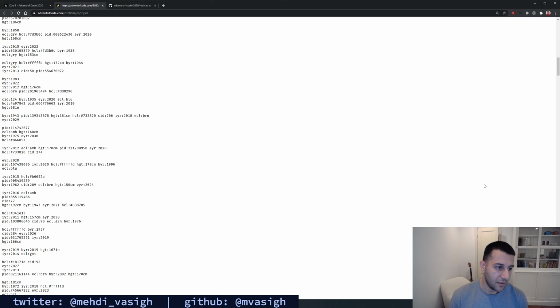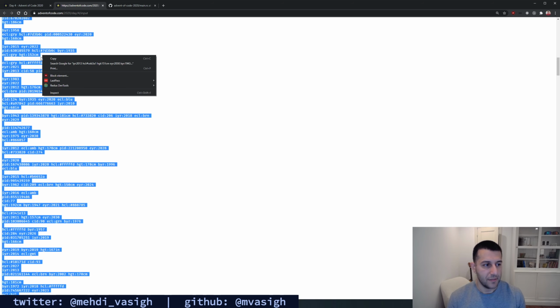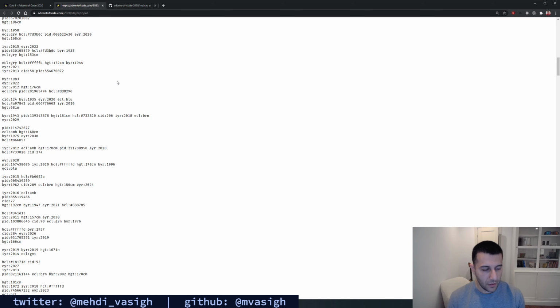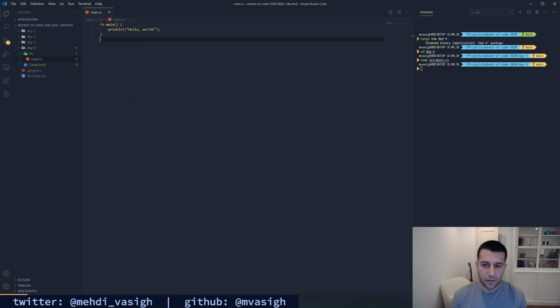You could totally do it in a more comprehensive way where you build a wonderful data structure and have optional fields and have validators. I don't know if we're going to do that. Let's get into the code and figure out how we're going to tackle it, but I'm going to try to keep it simple. Anyway, I won't bore you with all the details. Let's get into the actual coding.